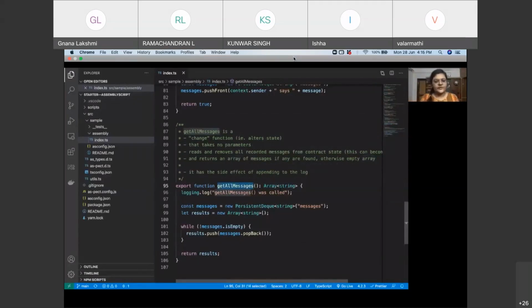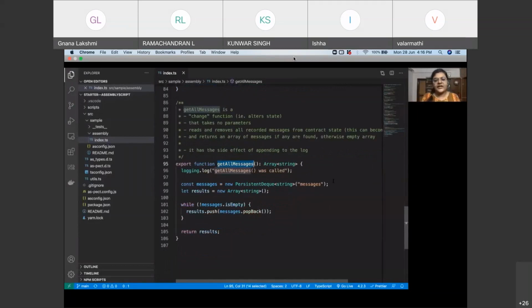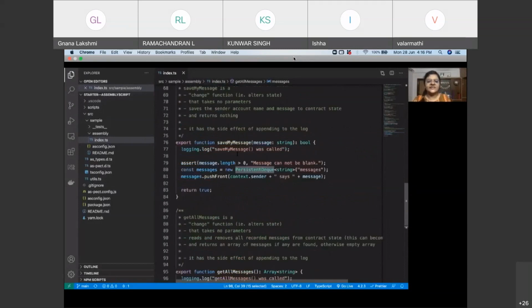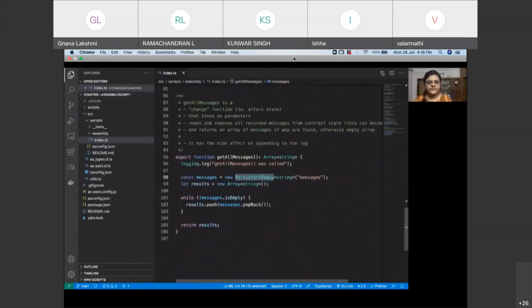So you can see getAllMessages returns an array of strings. Of course, it logs getAllMessages was called. Then we create the persistent DQ called messages. Since it is persistent, it will of course have all the messages that have been sent by the sender in the previous call.